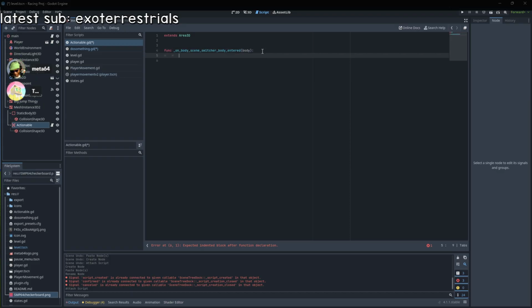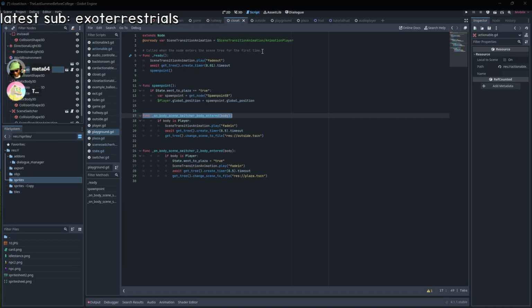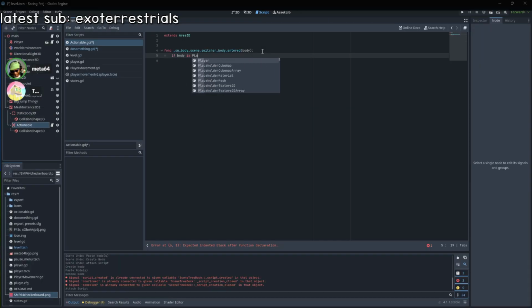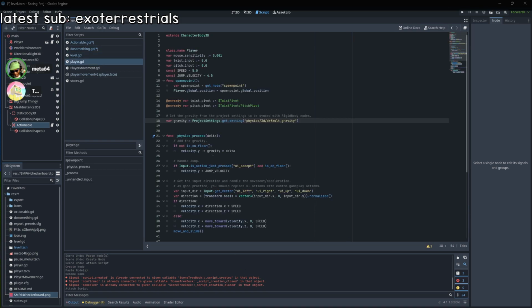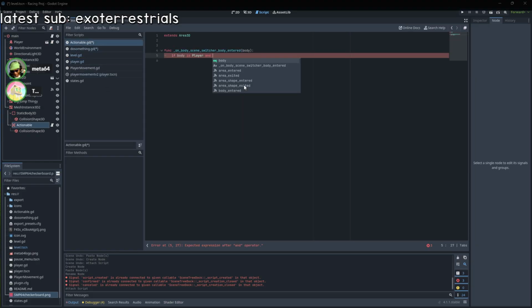So if body is player and we're looking for a key press, give me a second to go figure out what that is. Input.is_action_just_pressed, and Input.is_action_just_pressed is ui_accept. Then